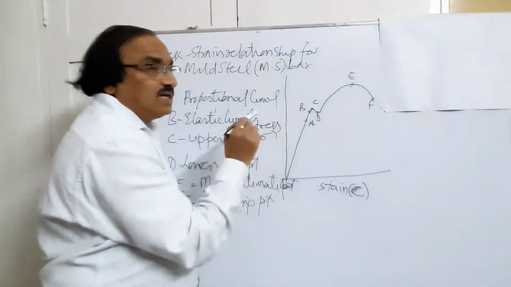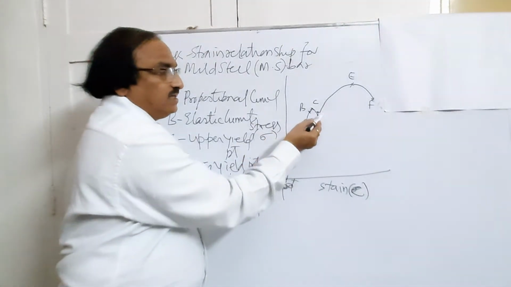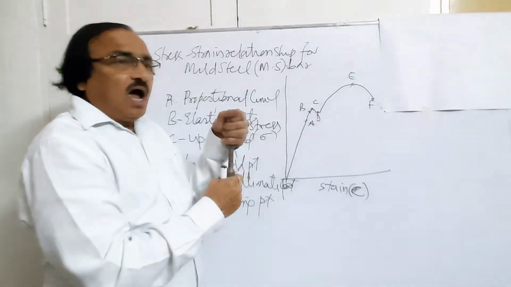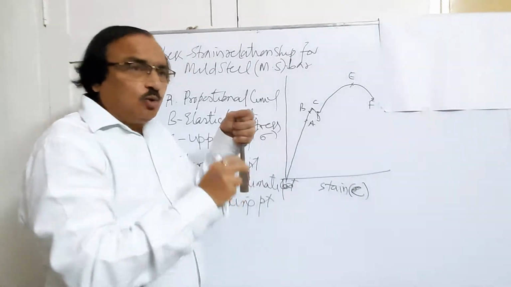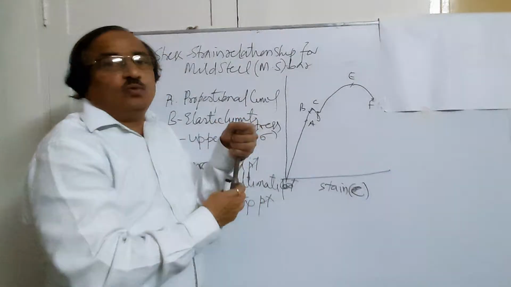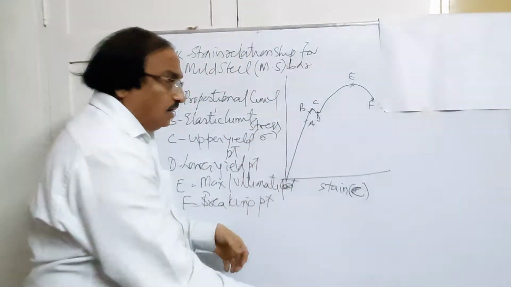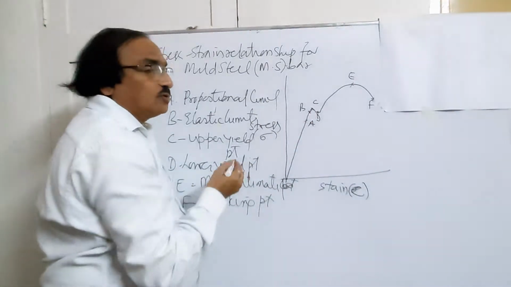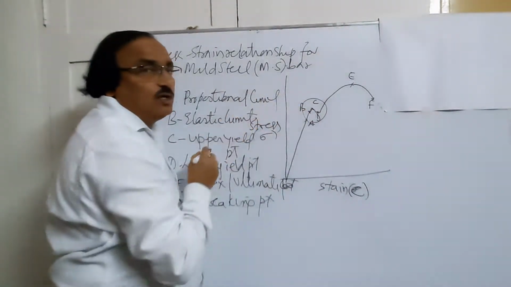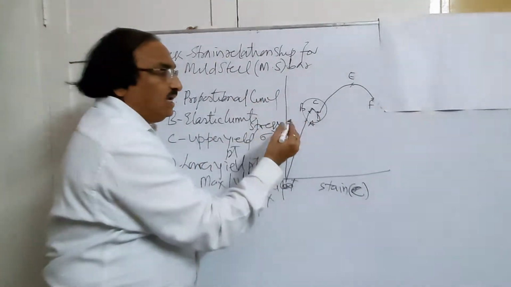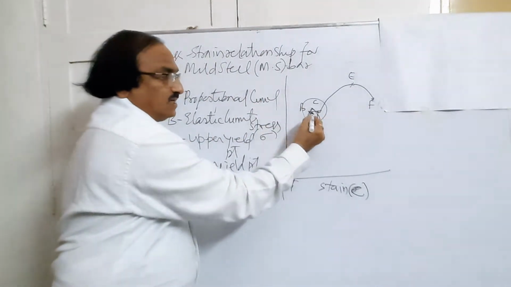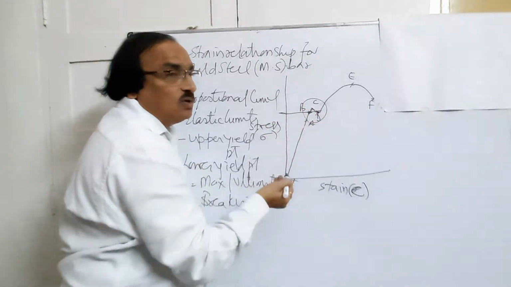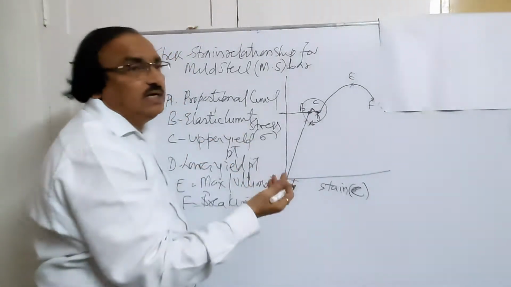So here, in the case of mild steel, you see a peculiar case, yielding of the bar. Suppose I am applying the load, it goes on stretching. After a certain point, without increasing the load, it will go on stretching. This is known as yielding of the bar. Here you see that there are two yield points, upper yield point and lower yield point. This is the specialty of a mild steel bar. You find yield points where, without increasing the stress, there is an increase in the strain. Stress remains the same from this point to this point, but strain goes on increasing. Such a point is known as the yield point.